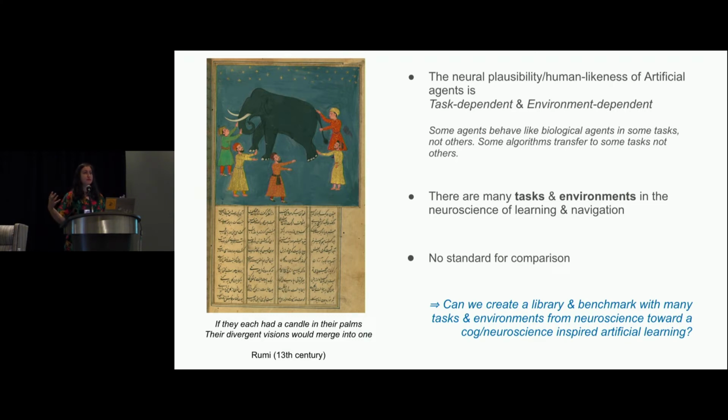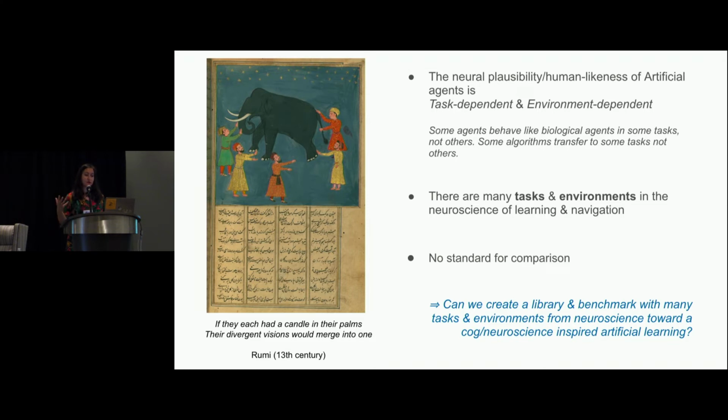At some point as a field, it would be helpful for us to have a number of tasks on which any new model that wants to claim, for instance, that it's hippocampally plausible or that it's a model of navigation, would need to be able to solve a battery of tasks in a human-like or rodent-like fashion, either behavior or its neural representations, not just 1 or 2 or hand-picked versions.